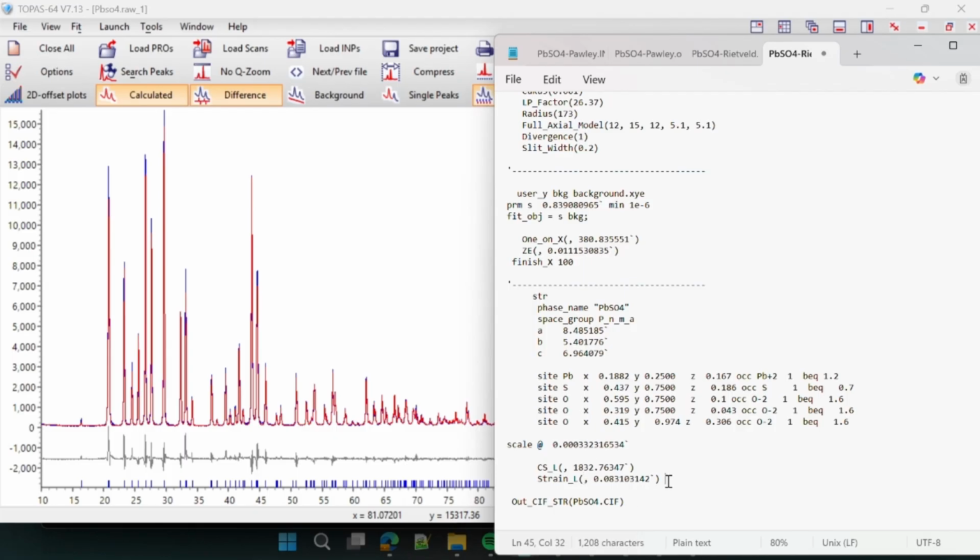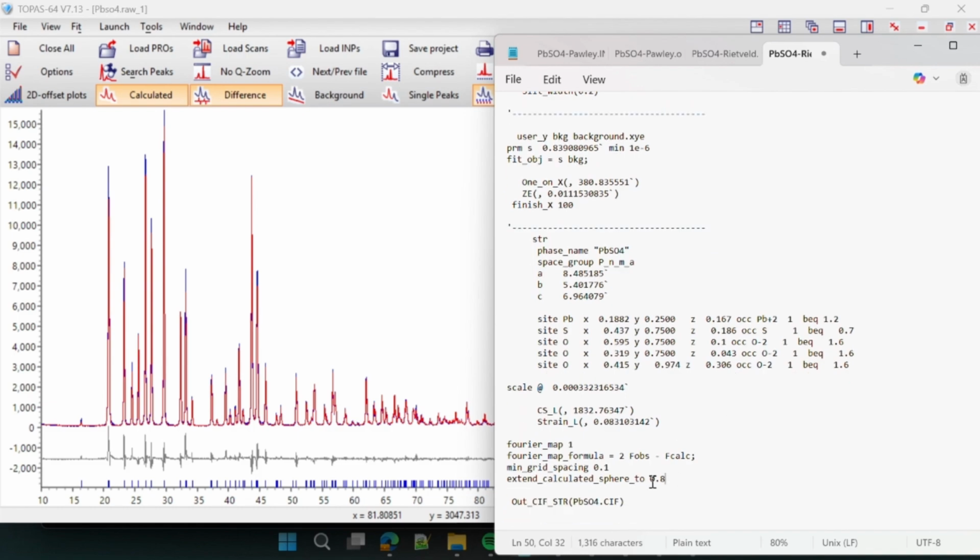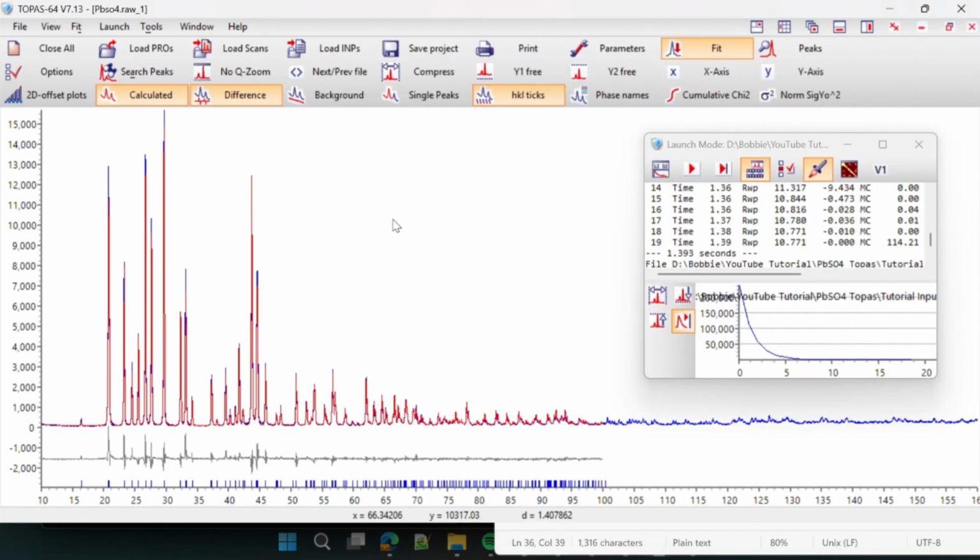Another thing we're going to add onto here is the difference Fourier map. We can just place that in there. And then remember to save again. And this time we might refine, let's refine the positions of the, actually first of all, let's show you the Fourier map. So if we save this and run this,